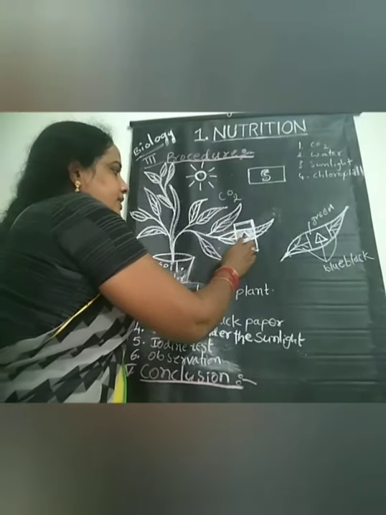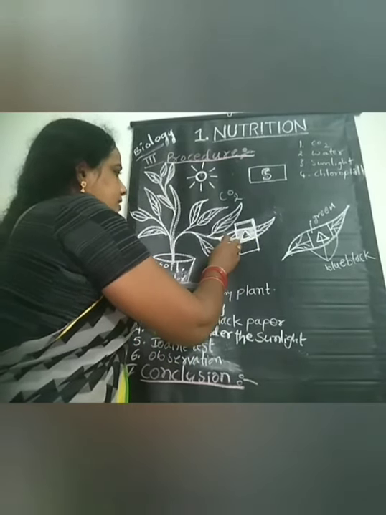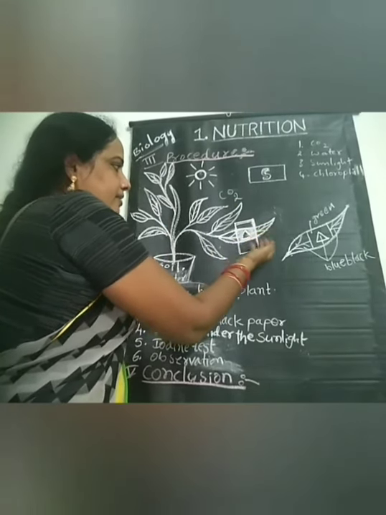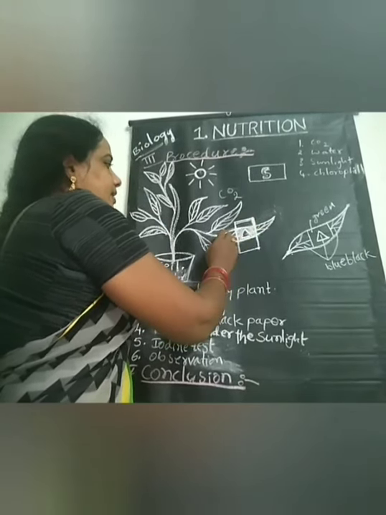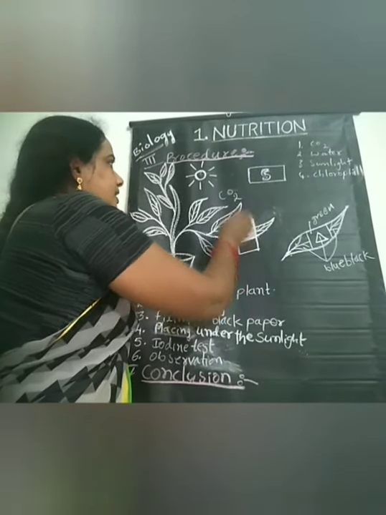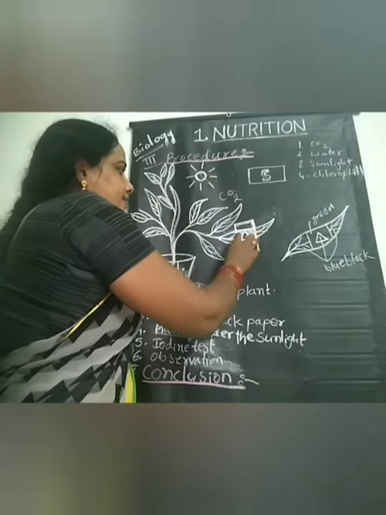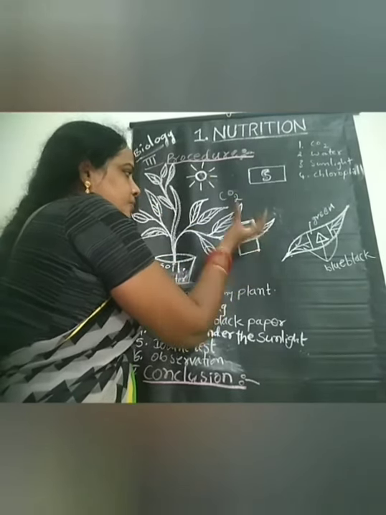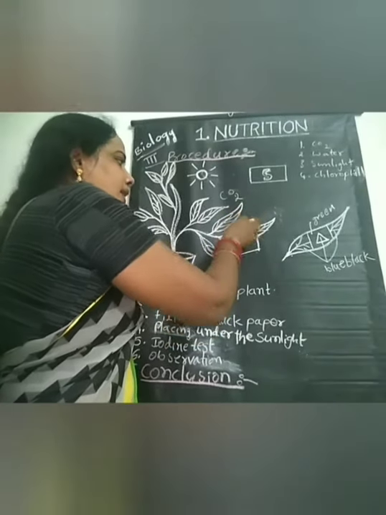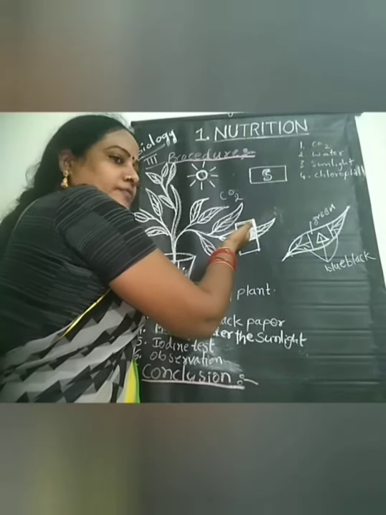This area under the paper is getting water from the pot and carbon dioxide from outside, and chlorophyll is also present inside the leaf. What about sunlight? Sunlight cannot fall on the leaf because the black paper is obstructing it. Obstructing means stopping the sun rays. The sun rays fall on the paper, but they could not enter inside the leaf.